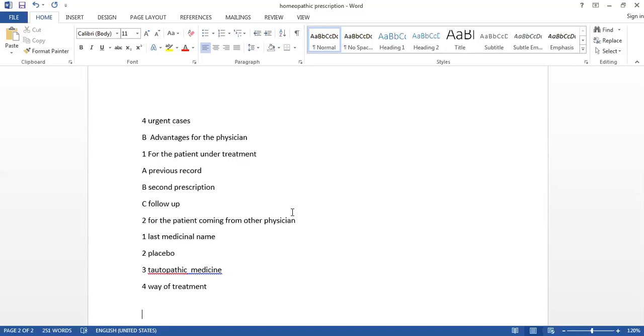If they specify to write only these things, then it is very easy for you. But if the points are not specified, then all these things are expected from you. So if time remains, you can write down 2 to 3 examples of that prescription. If you do not have time, then only write the vehicles which are useful for the homeopathic prescription. You can give just one example with the vehicles and leave, but if you have time, you can write down at least 2 to 3 examples of the prescription.